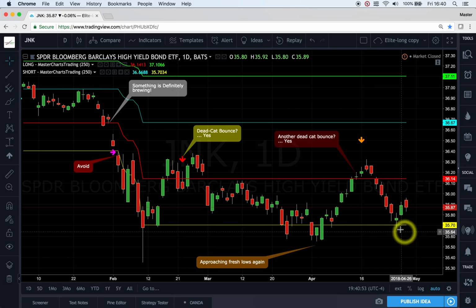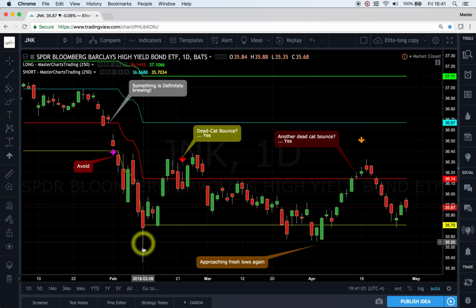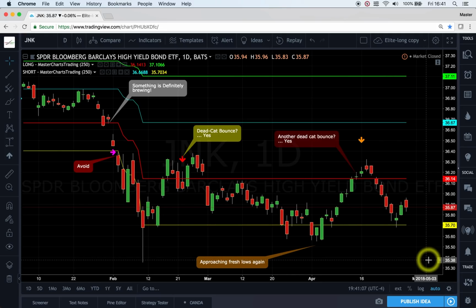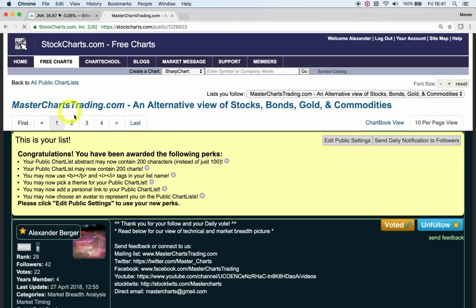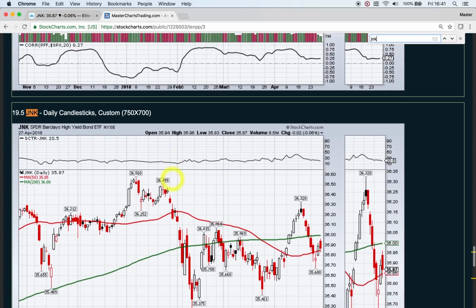So I'm wondering now if junk bonds really want to retest the lows from February 2018. I think we may be in for a retest. And again, I keep saying that junk bonds correlate highly to the stock market. And if junk bonds, let me just show you what I mean. If junk bonds,